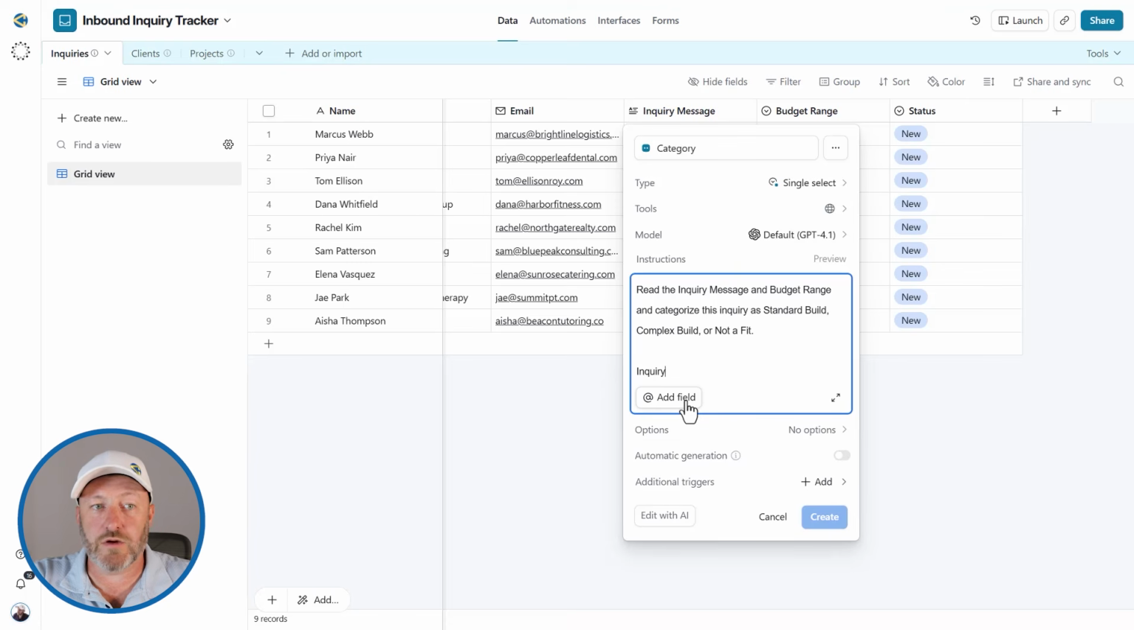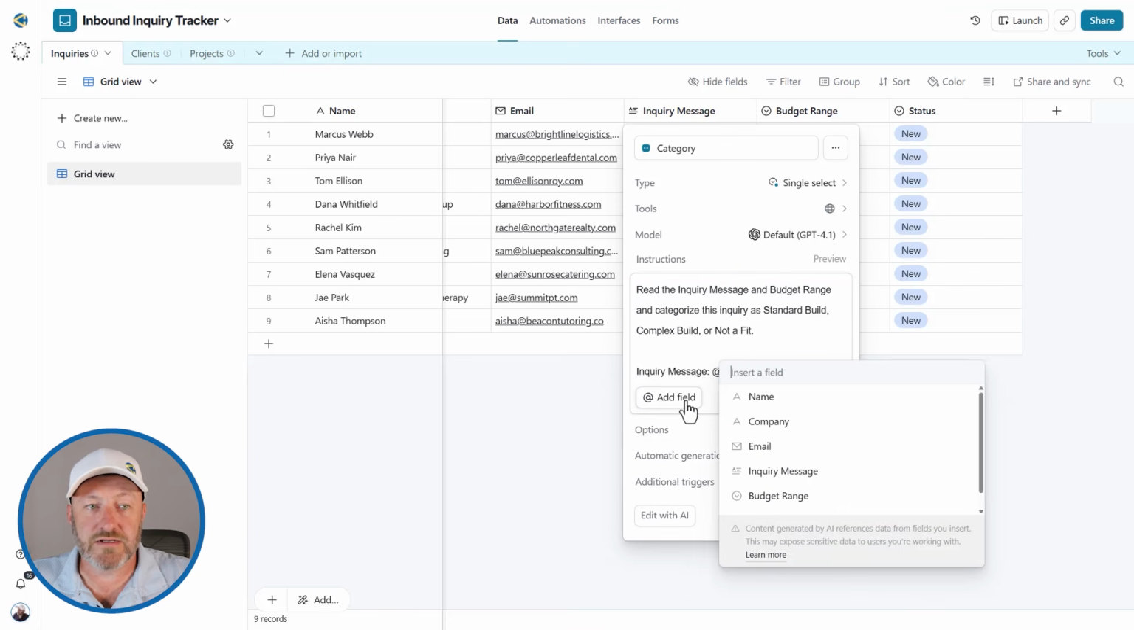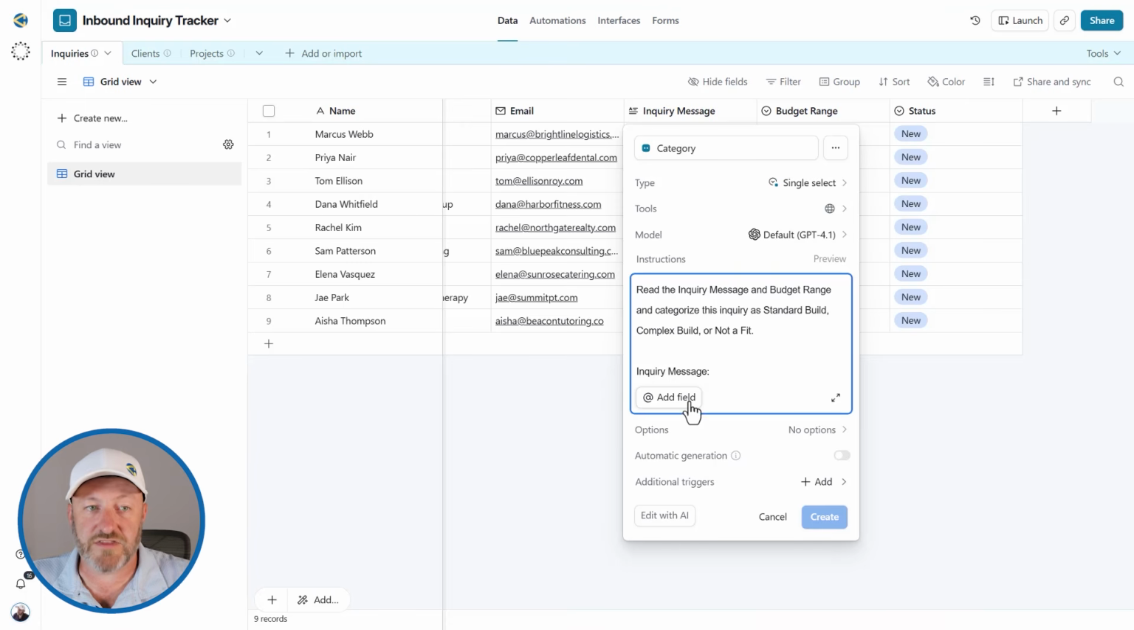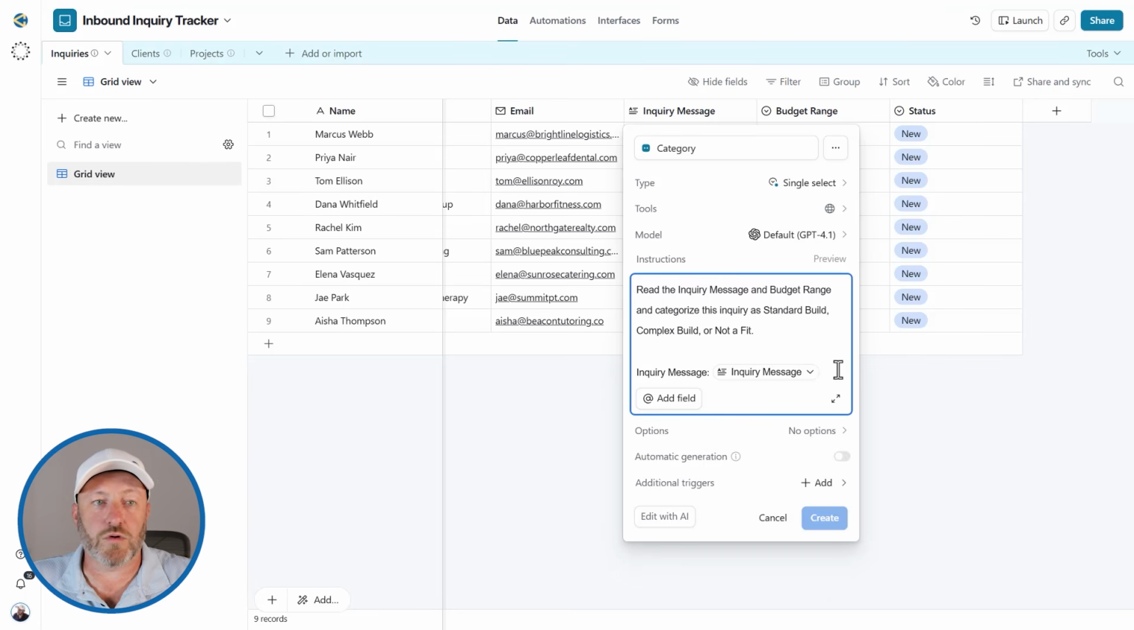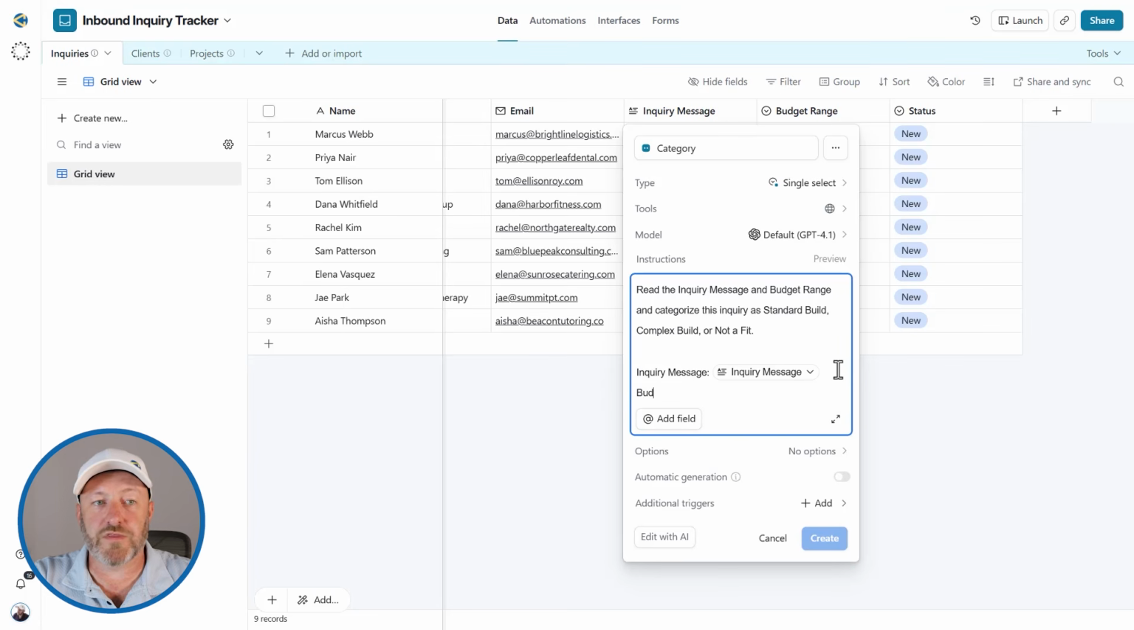So I'm going to say inquiry message is here, and we can hit at, or we can just select the add field button down here, but we can actually bring in reference from the other data in our records. So this is going to bring in the inquiry message. And I also want to look at the budget range here, and we're going to say budget range, add this,